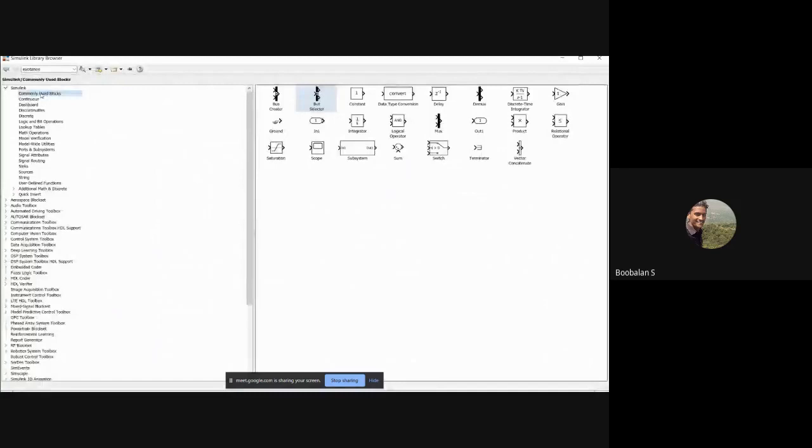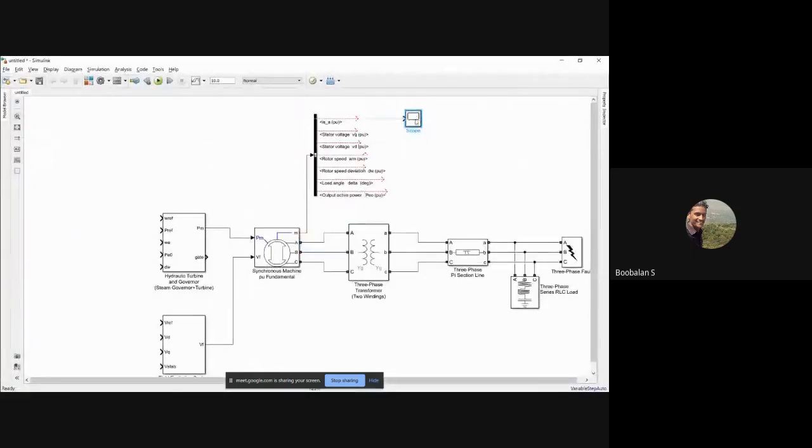Go to the Commonly Used Blocks library, find the scope and add to model. Just connect these blocks. Stator voltage, stator voltage, and the stator voltage in VQ, and the rotor speed.